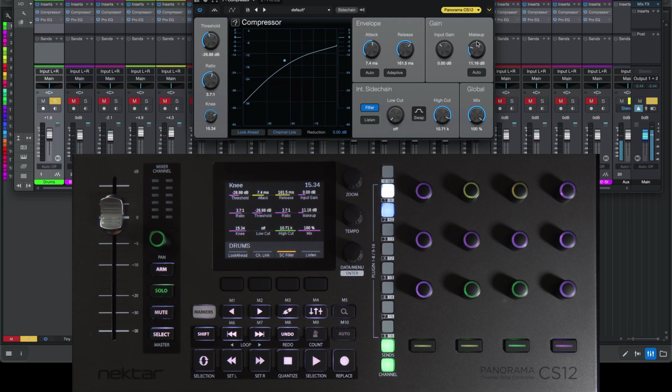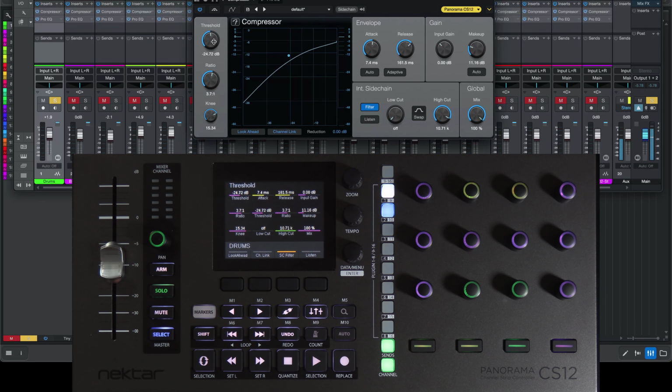Panorama CS12's Select Mode is another pro feature that lets you control any mixer control or plugin parameter using either the fader or the pan encoder on the top panel. So to get Select Mode, first I enable Select just by pressing the button. Then if I click on any parameter, such as the threshold here, you can see that that is now on